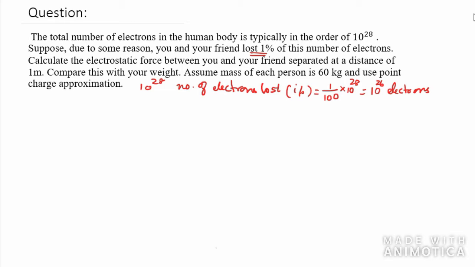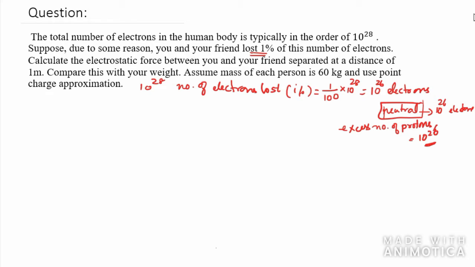You consider the human body as a neutral mass in the beginning, and from this 10^26 electrons have gone out, so it will have protons in excess. Now the number of protons will be more compared to the number of electrons. The excess number of protons is 10^26. That contributes to the charge.